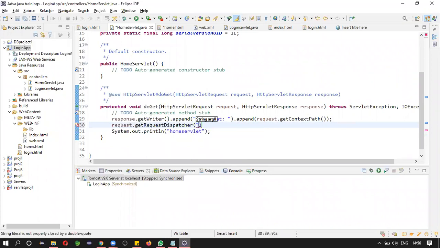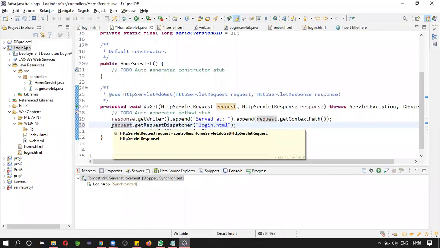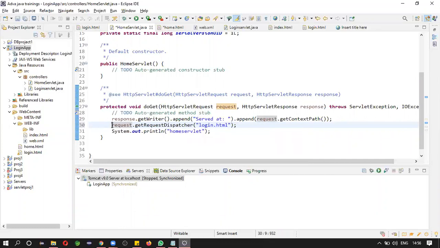I want to go to login.html. It will return what? A request dispatcher object. So hold that, we need a variable.